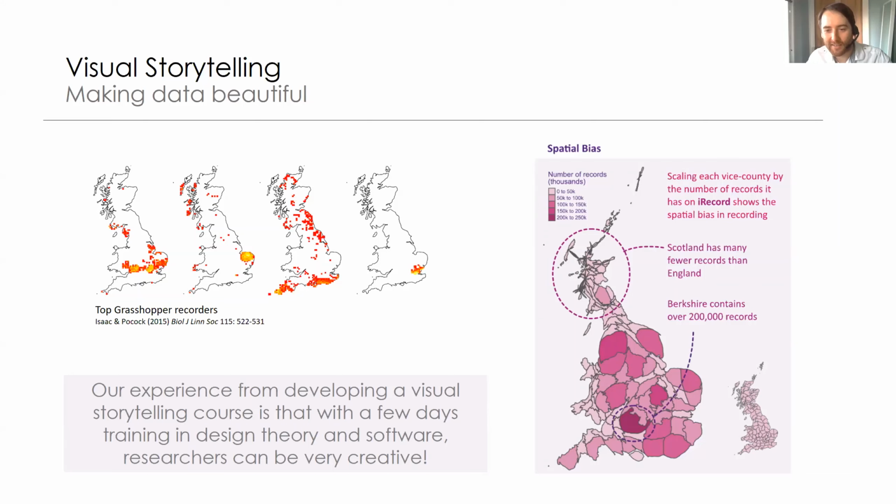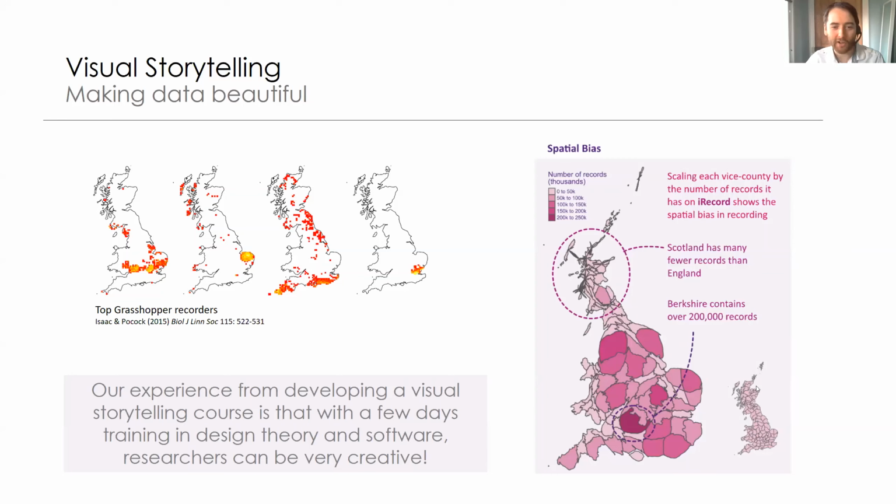And then I created a new figure on the right-hand side that we could use to replace these in our presentations, which has a fun graphic of the UK, which is bloated by where we have the most recording, and uses these little pick-out tags that pull out the story. There's not much going on in Scotland. Berkshire, a county down in the bottom of the UK, has a lot of records. It lines things up. The spacing is harmonized. The coloring is normalized, and this was done in a day, basically, from learning these design principles